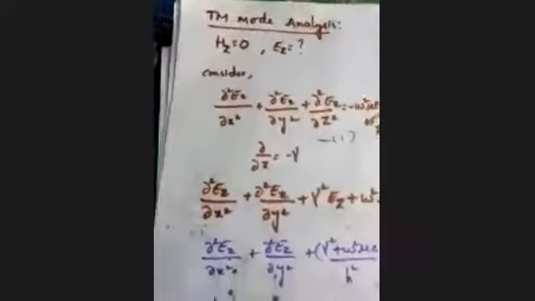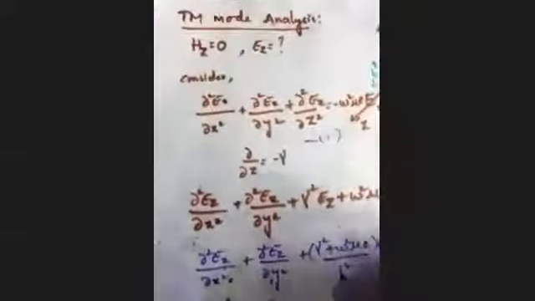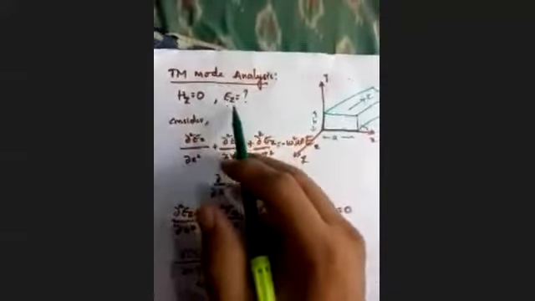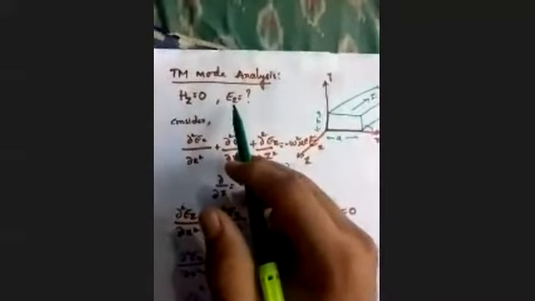analysis, right? So in TM mode analysis, we said that the magnetic field is perpendicular to the direction of propagation. That means it exists only in the directions perpendicular to the direction of propagation, and in the direction of propagation, the magnetic field will be zero, right? So therefore, for TM mode, if Z is the direction of propagation, we made Hz equal to zero, and we had to calculate the value of Ez, so that once we have Ez and Hz, we will be able to calculate all the other four field components, which are Ex, Ey, as well as Hx and Hy, right?